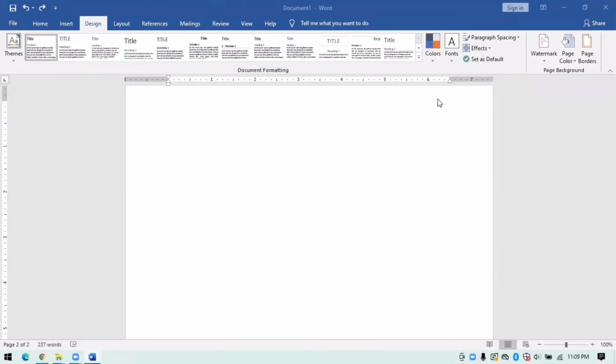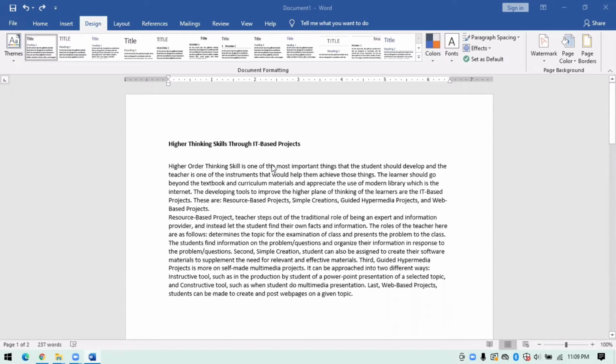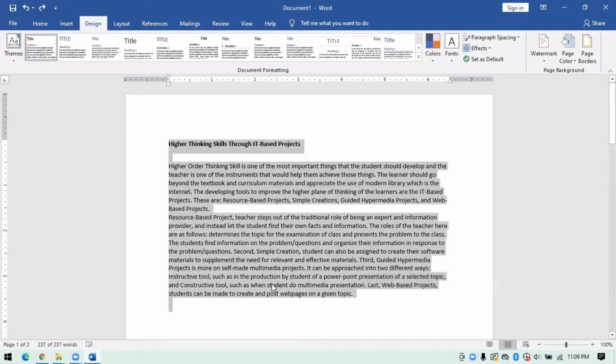Now, let's learn how to apply format on the text, sentence, and paragraphs. In Microsoft Word, the look and feel of your document has a lot to do with the formatting. And now, we will learn how to do it. I'd like to start with the font size. If you want this bigger or smaller, you can adjust its size. First, you have to highlight this. Then, go to the font group on the Home tab